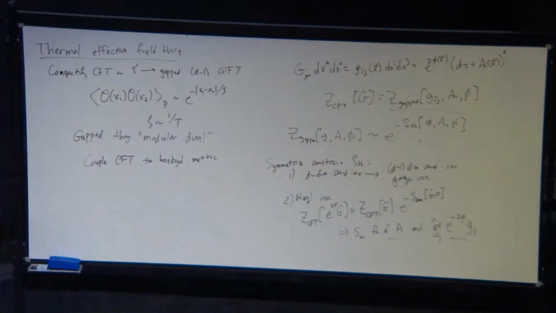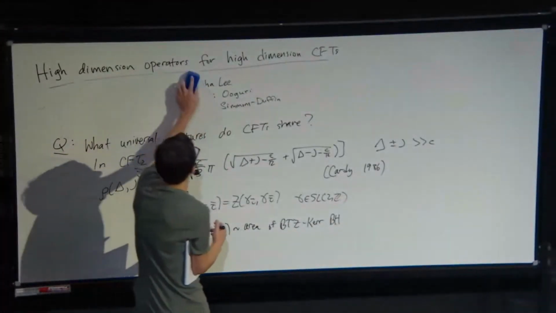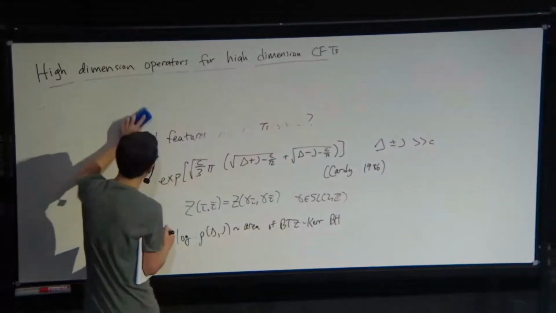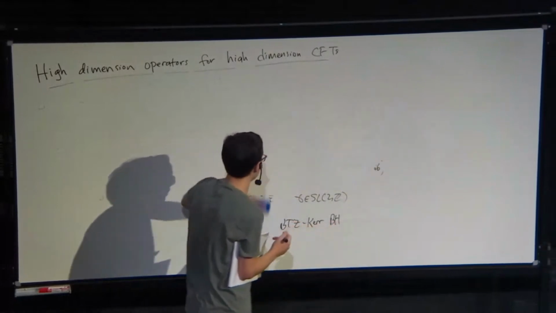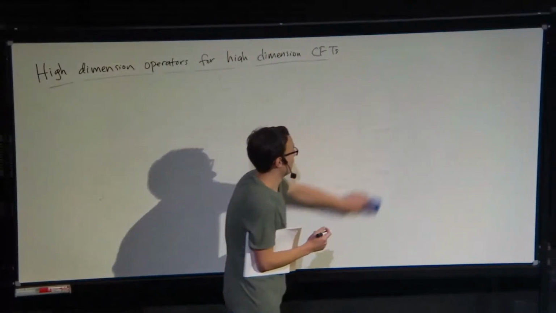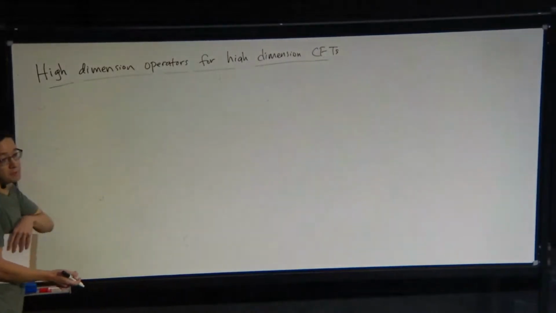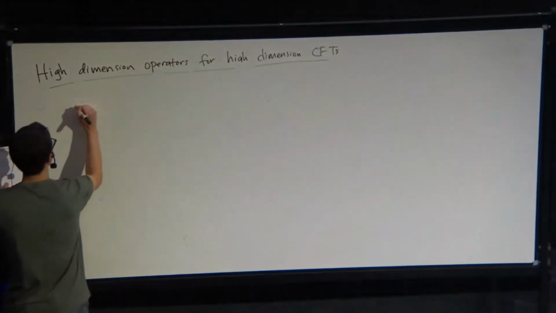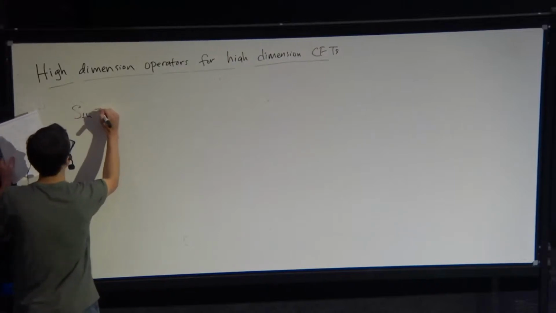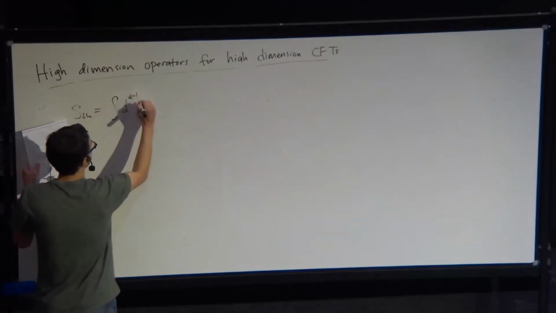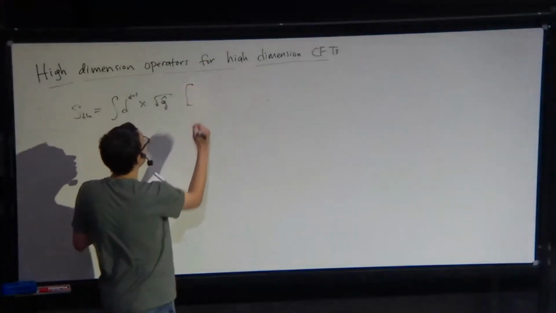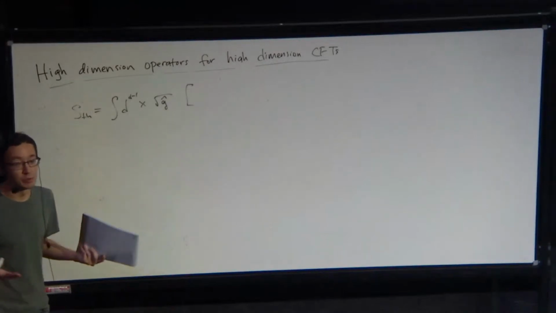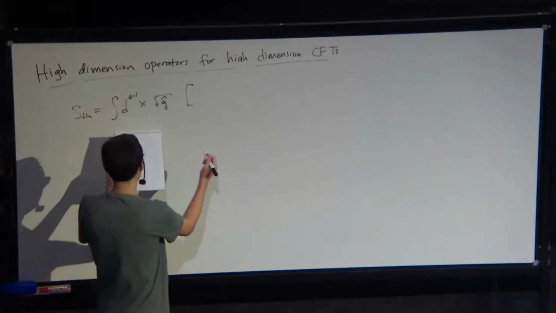So we could then write the most general possible thermal effective action based on these principles. This thermal effective action will parameterize this quote-unquote modular dual of our d-dimensional CFT, which will allow us to then read off the high-energy data. So the most general thermal effective action we can write down is a d-1 dimensional action. And now we can just write down all of the terms in the effective action that we would in the usual Wilsonian picture of quantum field theory.